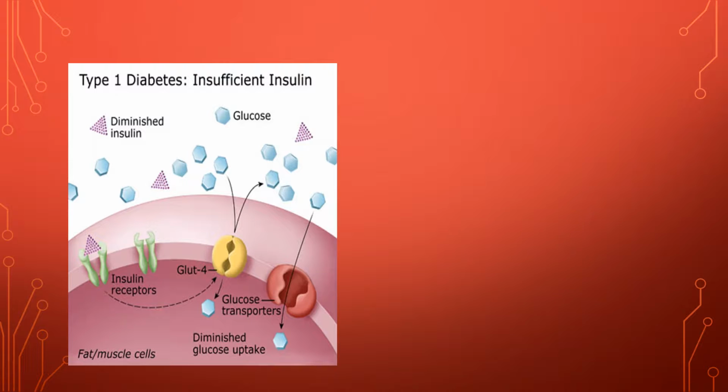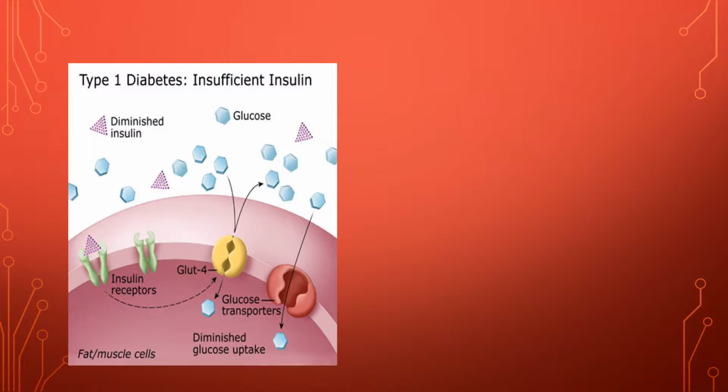responds when glucose levels are high. So if you eat the muffin, the body recognizes, oh, there's a lot of glucose in the bloodstream now. Insulin will bind to the insulin receptor, and that is a hormone signal to tell the GLUT4 transporter to open up and allow the glucose to enter the cell.